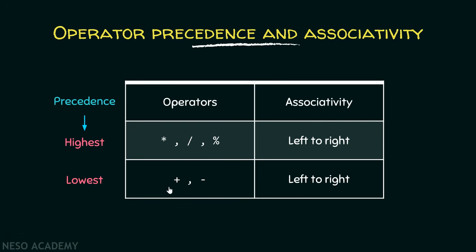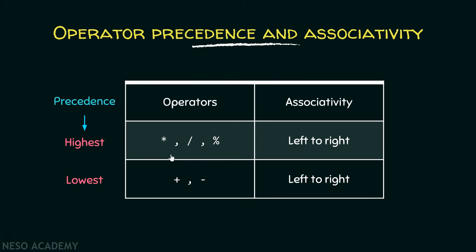On the other hand, when we have addition and subtraction, these two operations also have the same precedence. Suppose we have an expression like a + b - c, then we cannot say that subtraction is going to be performed first and then addition. They both have the same precedence. Now one important point. Suppose we have an expression like a / b + c. In that case, the division is performed first and then the addition. That means a / b is performed first and then the addition. Because the precedence of this set is highest and the precedence of this set is the lowest. Multiplication, division and modulus are performed first in the expression and then addition and subtraction.